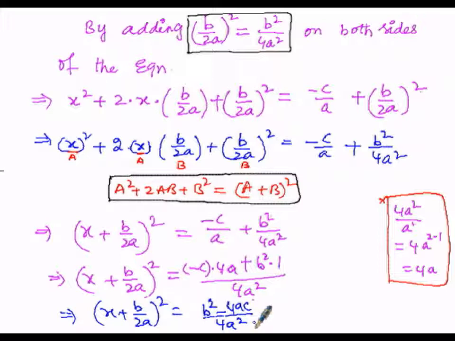So, in this manner I got (x plus b by 2a) whole square equals b square minus 4ac overall divided by 4a square as the logical step. In the next logical step, when I cancel the square on one side of the equation, I have to immediately take the root of the other side, that is the right hand side. So, I am going to cancel the square here, then take the root on the other side. Without the square, it will be x plus b by 2a.